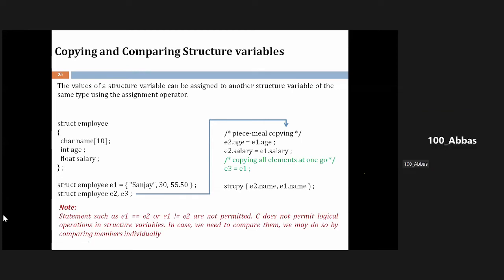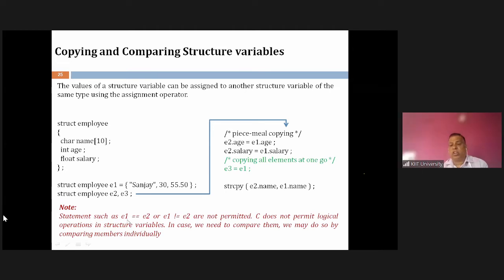And we cannot write a comparison statement between two structures even if they are of the same type. I cannot write E1 equal to E2 or not. If both the structures are equal, it returns 1, otherwise it returns 0. It cannot be written. It's not accepted. Neither equal, not equal, less than, nor greater than. You can compare individual data members, but you cannot compare both the structures.